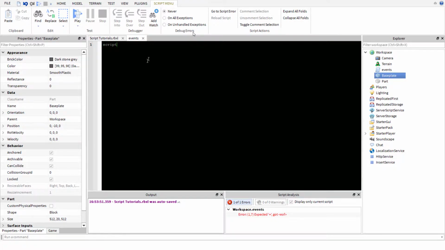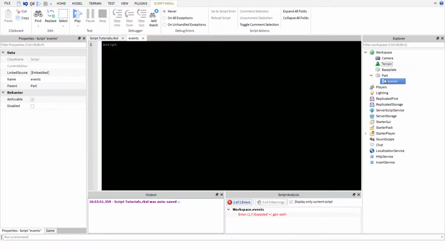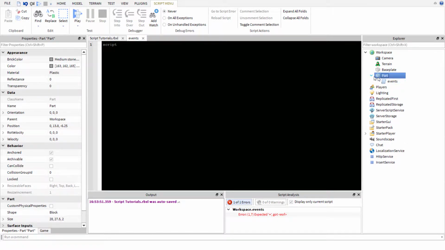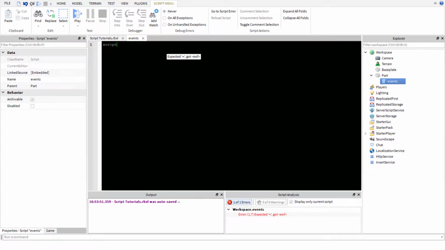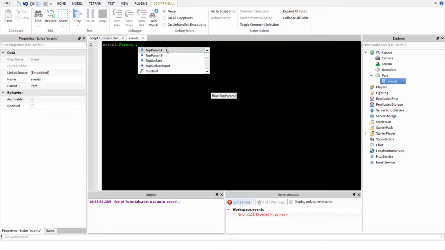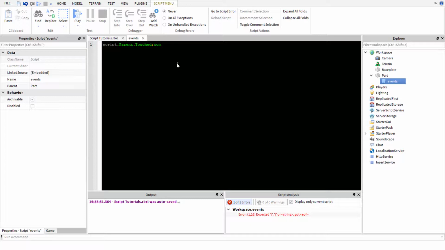Well, I think I'm gonna just put events in the part, and you write like this: script.Parent.Touched, and you see that event with a capital T, and then there are TouchEnded, and that's not it. So touched and touch ended. We are gonna just write Touched, and then you write colon Connect, and this is something that connects. I don't really know how to explain it, but